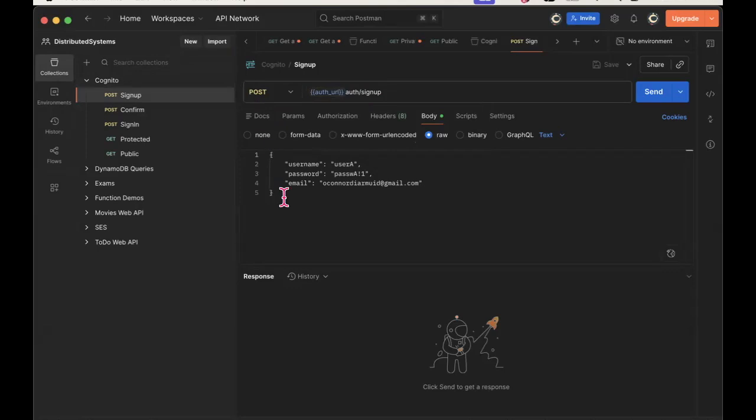And the payload for the post, we would have to decide that, but this is what my payload is going to be: a user's username, a user's password, and a user's email. And we do need an email, as we'll see in a second. So I'm sending the email to my Gmail account. So if I trigger that,